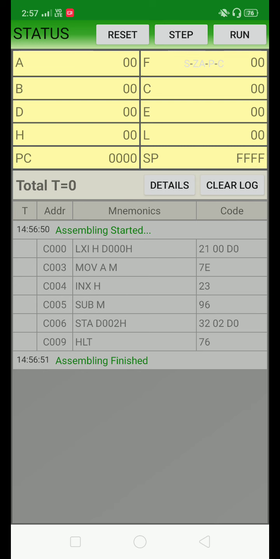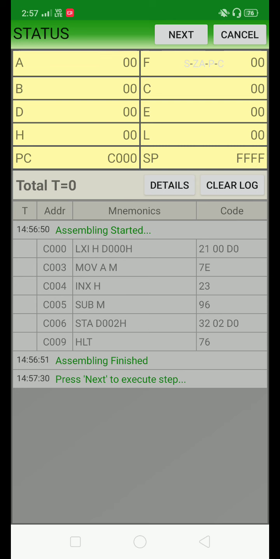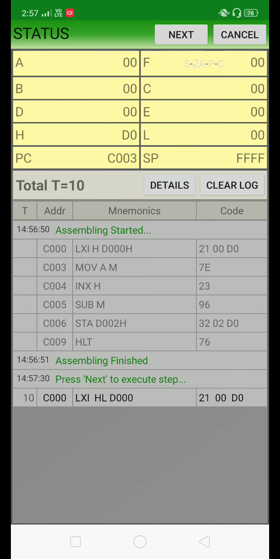okay. So as we discussed in the last program, there are 2 ways to execute the program, step execution and direct straightforward execution from start to end, okay. We will go stepwise. So click on the step, okay. So you have to press the next button to execute the first instruction, okay. So after the execution of the first instruction, we can see here H register with D0 and L register with 00, creation of the memory pointer.